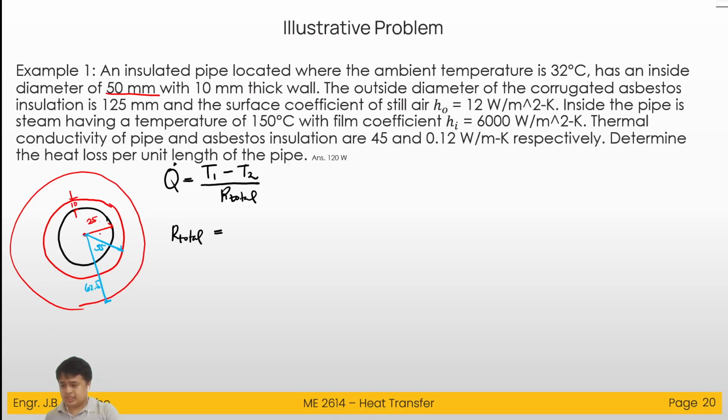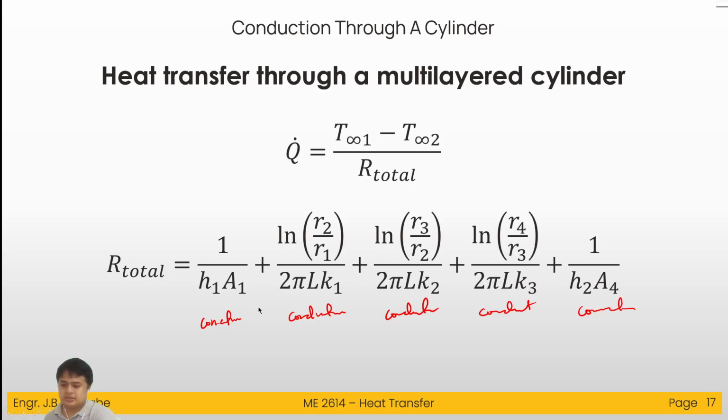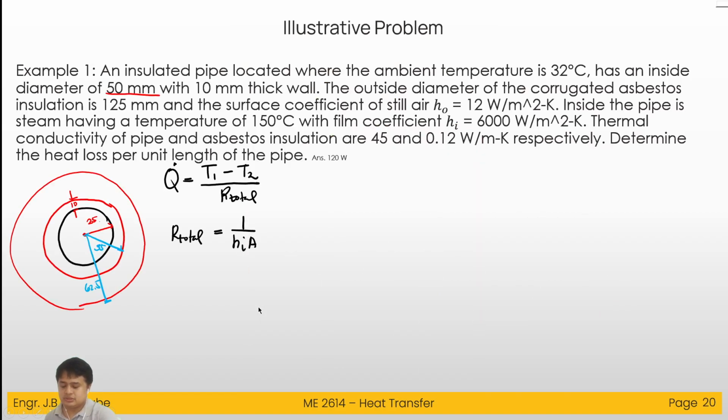The first one is the inside. The inside here is 1 over hi times what? You have to define the area. The area is consistent here. So 1 over hiA, and then 2 pi L on the other side. Plus, for the first layer, the pipe, you have ln of